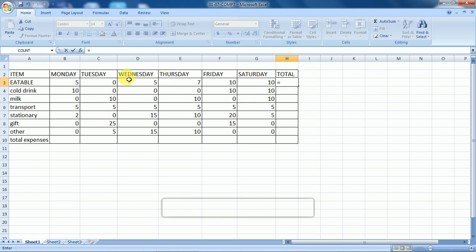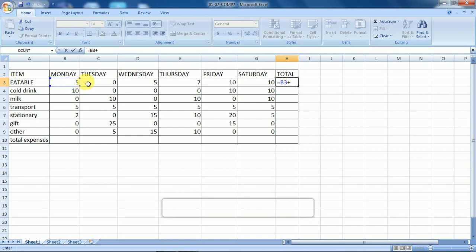Now click on the 5, so that the cell reference or cell address will appear. We know that 5 is located in B3. So while clicking 5, B3 will appear just after the equal sign. You just look over here. See, B3 is appearing. Now what type of operation do we have to perform? We want to perform the addition. So you have to press the plus sign. Plus sign you have to press.